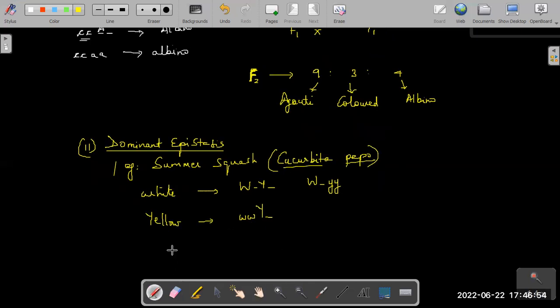Whereas you get a green fruit if it is recessive. So you have a precursor molecule. Now this precursor molecule, which is supposed to be green, now this can give you,